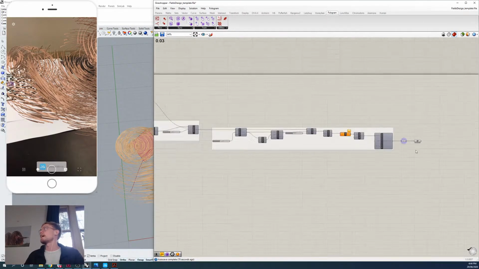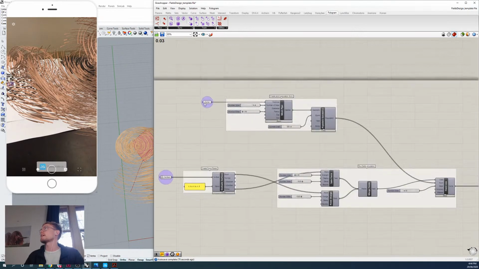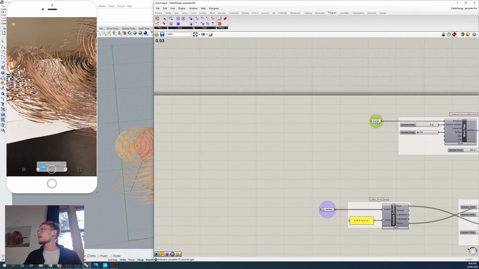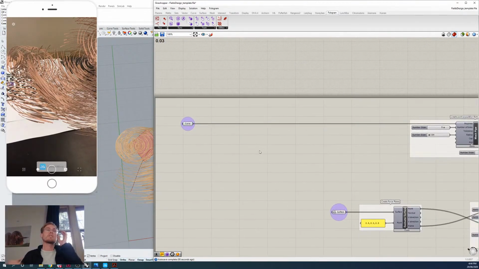Cool, so I'm going to zoom out again, and what we might do now is come over here to this curve geometry. So I'm going to pull this over a little bit and give myself a little bit of space. And we're basically going to create an interactive or manipulatable curve